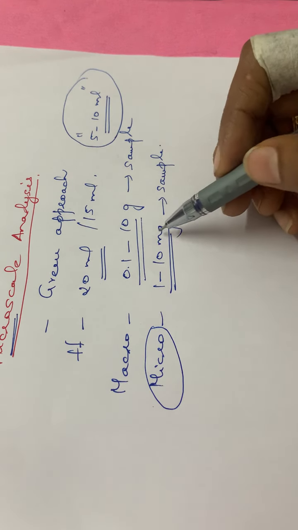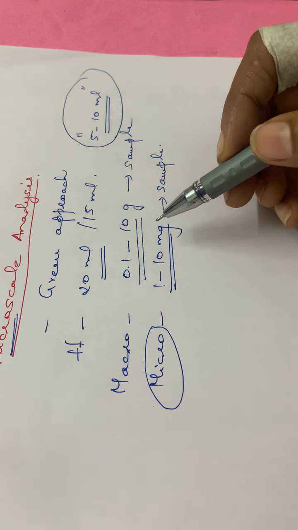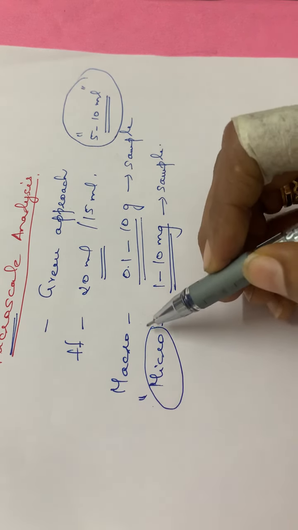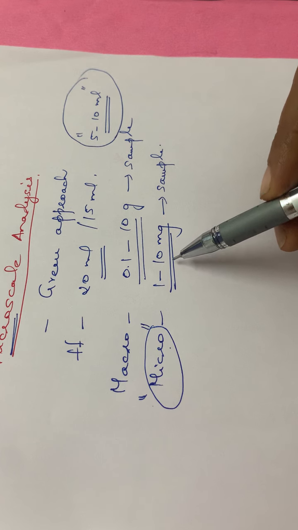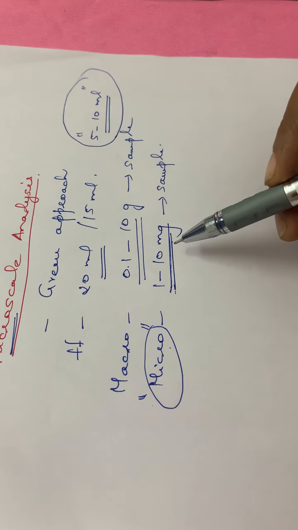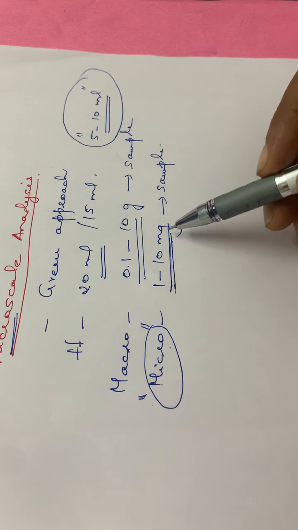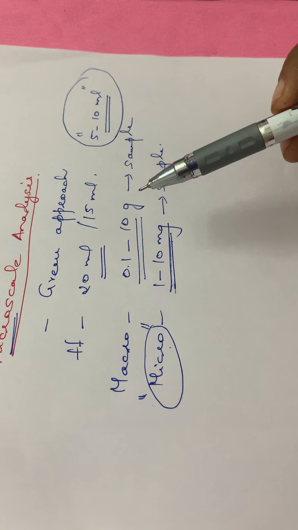So that much reduction in the use of reagents or chemicals in our lab has been achieved so far, that we are doing now in our labs. Okay, so micro scale analysis means we will be taking any chemicals in this particular weight, about 1 to 10 milligram. That only we are doing here in the case of micro scale analysis. You might have done your salt analysis, isn't it?